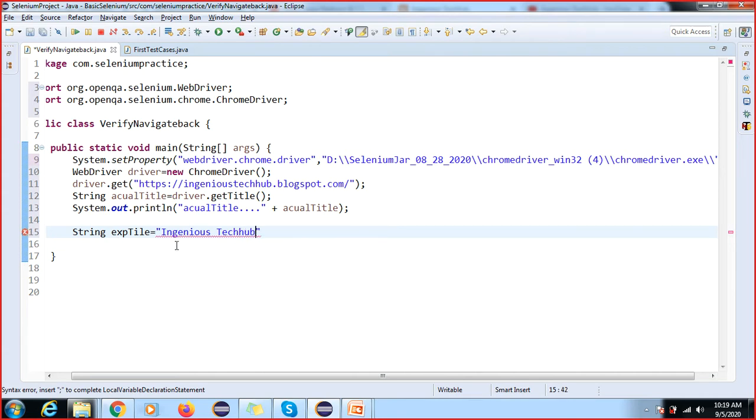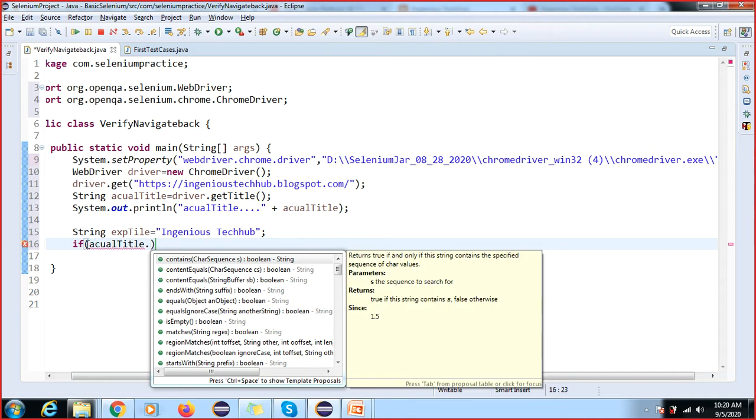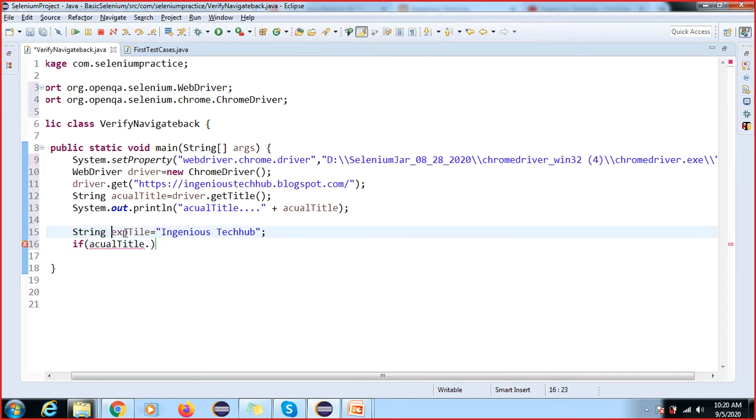See, I will copy and paste it here for validating. Now I will compare this, right, whether it is coming correct or not. This expected value in real time you will get from somewhere, or from the database. So you will get this expected value from somewhere, whatever value will come after landing on your home page title.